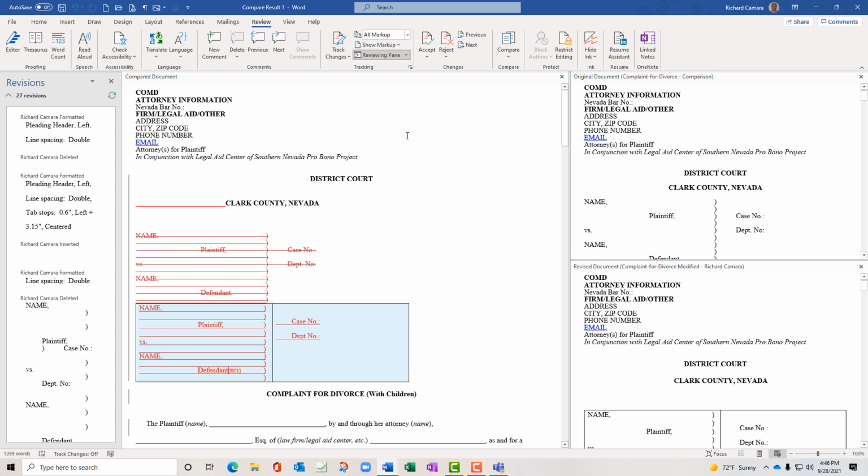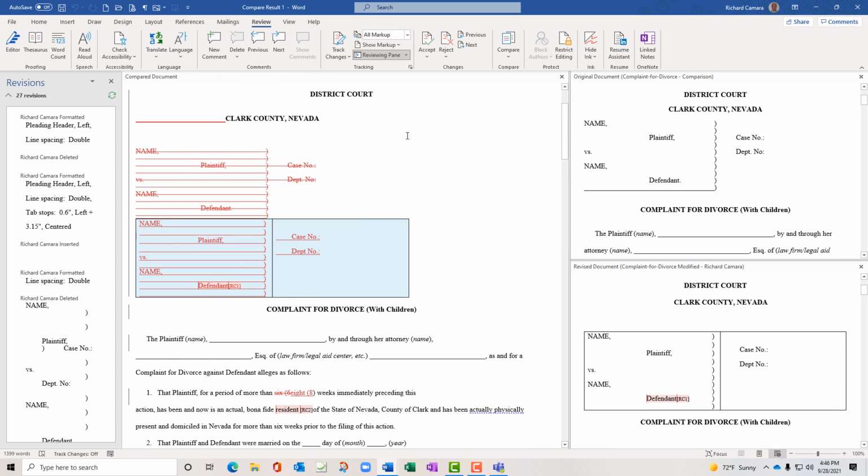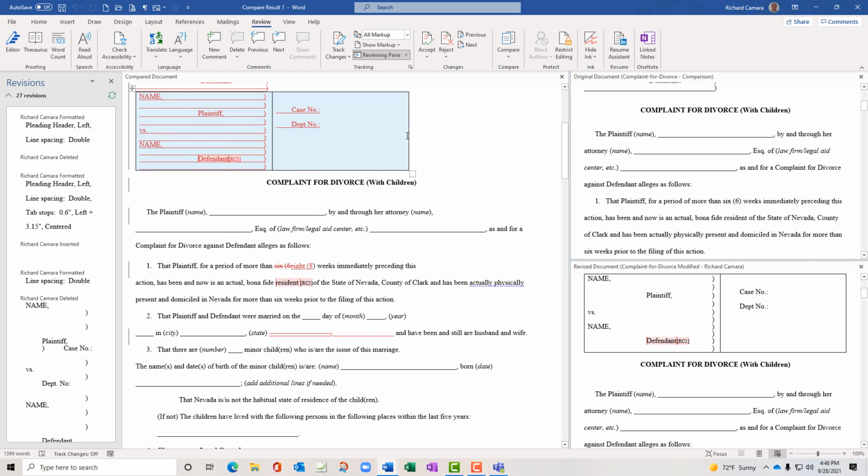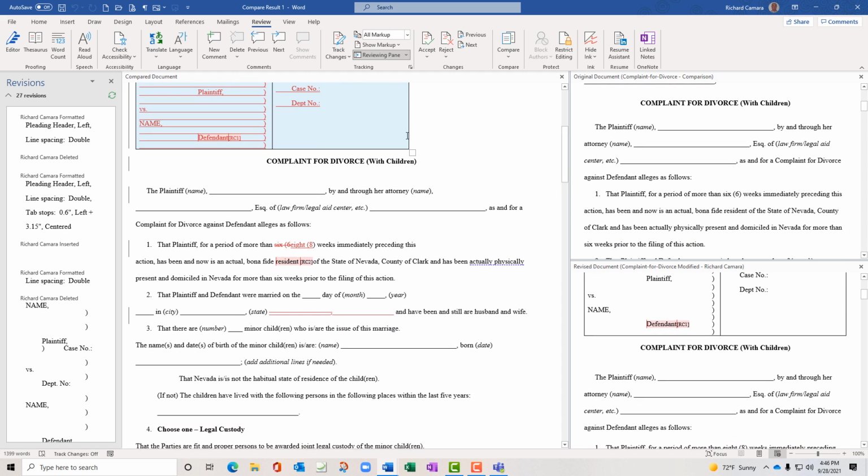So watch when I scroll. You can see the documents on the right actually scroll with it to give you a much better visual in the original, on the modified one, and comparing them together. What was 6 is now 8. And so